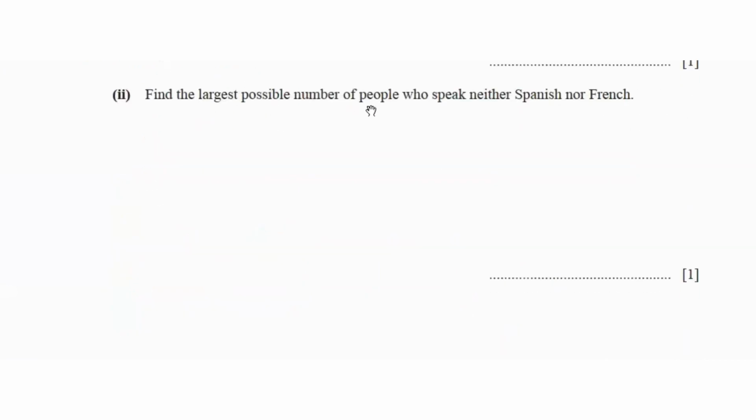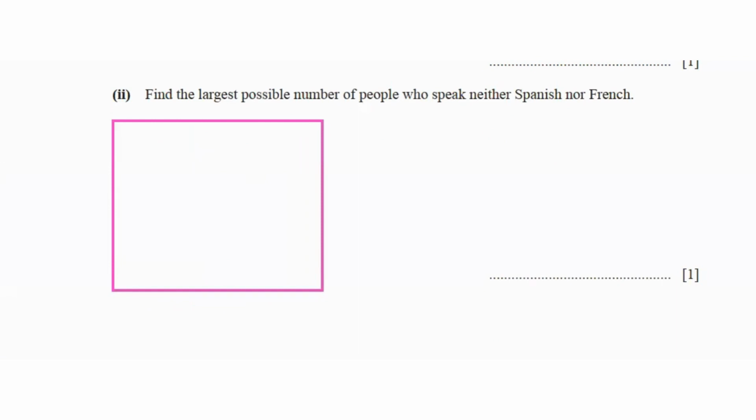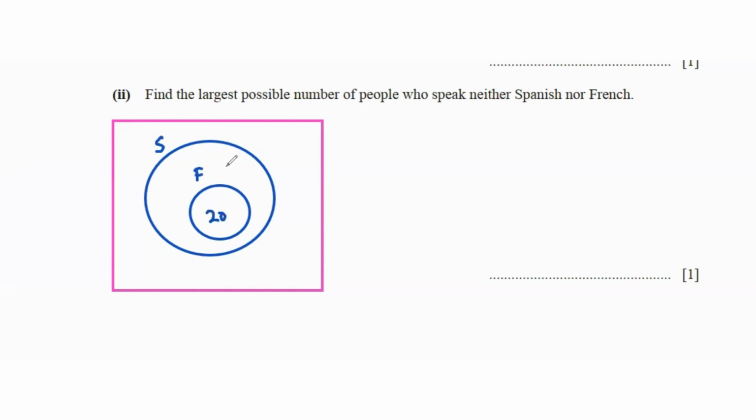Then find the largest possible number of people who speak neither. In the previous part, we said both Spanish and French. Now we're trying to find the largest possible number of people who speak neither Spanish nor French. So let's draw the Venn diagram again. But this time it's going to be different, because for the largest possible number who speak neither, the smaller set will be inside the bigger one. So Spanish was 30 and French was 20. People who speak French are inside the Spanish set,